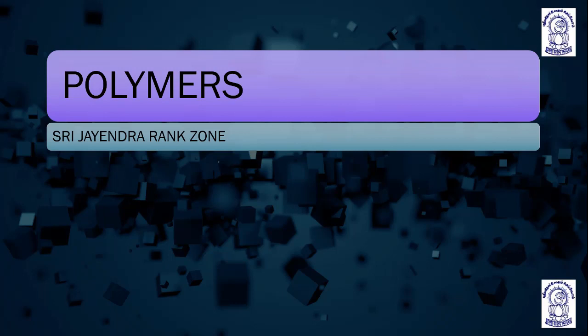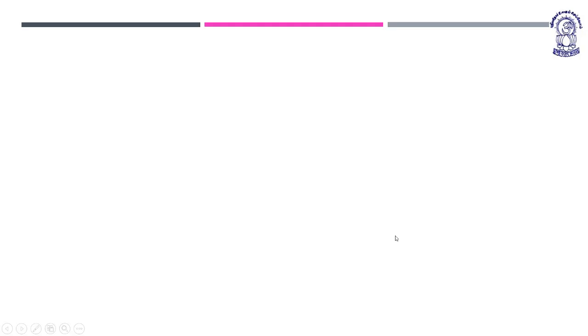In this chapter, we will discuss different types of polymers, their classification, the compounds that are of greatest economical importance. These compounds, polymers, are of very large molecular masses. So starting with the first slide, polymers are the compounds